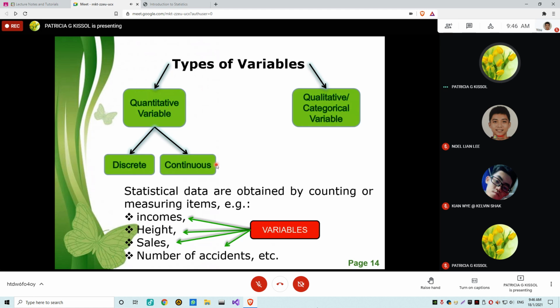Unlike discrete data, continuous data mostly involves measurement, like the measurement of flour, the measurement of rice, the length of the table, the kilometers traveled, the height of a person. All these are continuous data because you cannot say a person is exactly 167 centimeters, because normally people will be 167.3,